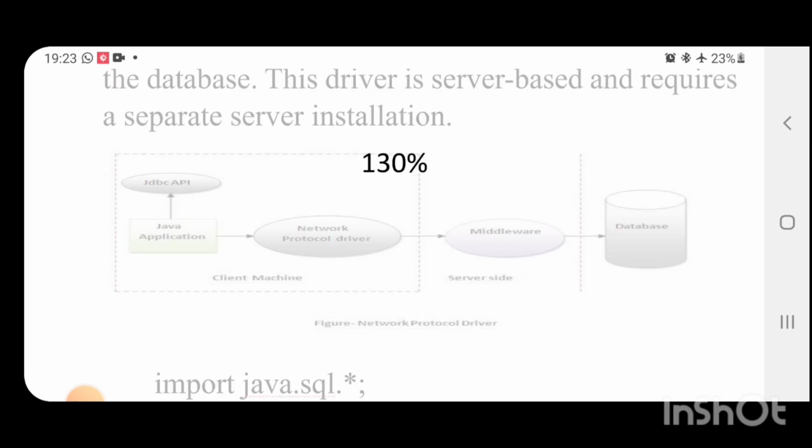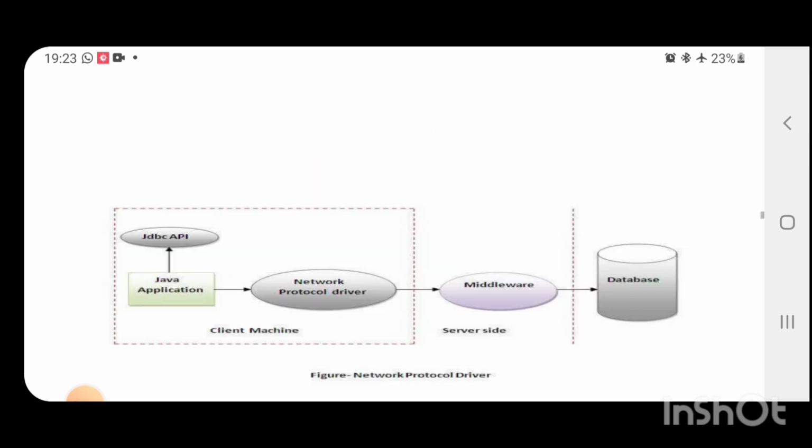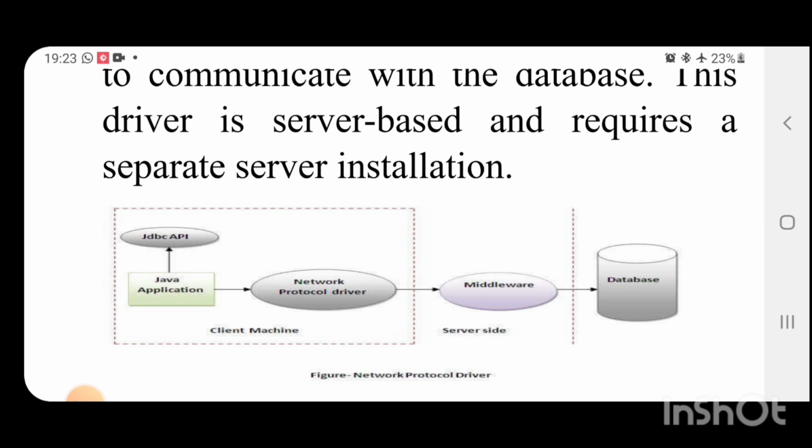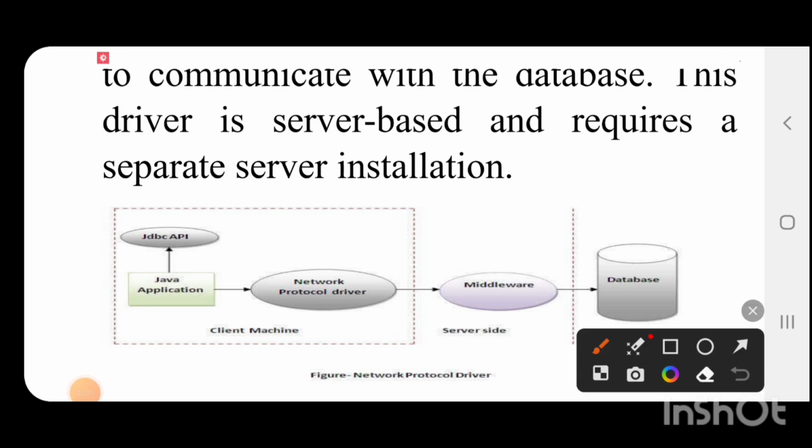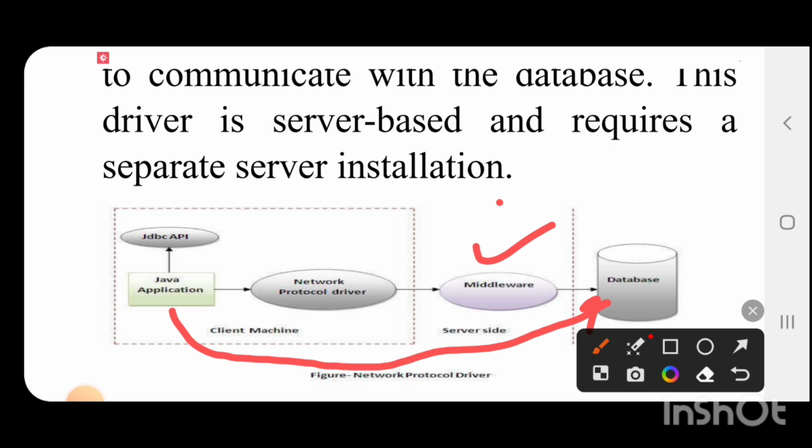What is the advantage of the network protocol driver? Here the client-side library is not required. If you see here, there is no vendor library or client-side library. Whenever a Java application wants to interact with the database, the network protocol is there, and the middleware, also known as the application server, will convert all the JDBC calls into the vendor-specific, whatever the client-side language is, into that particular specific